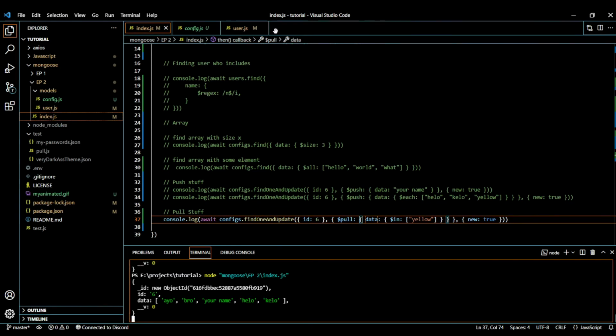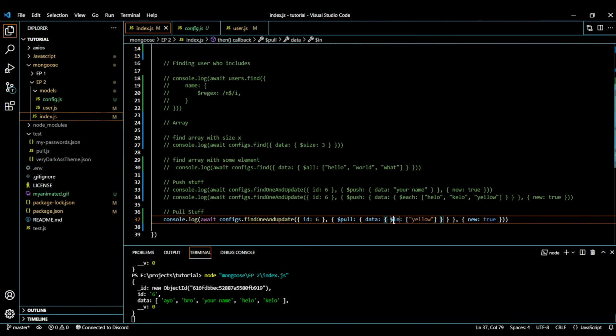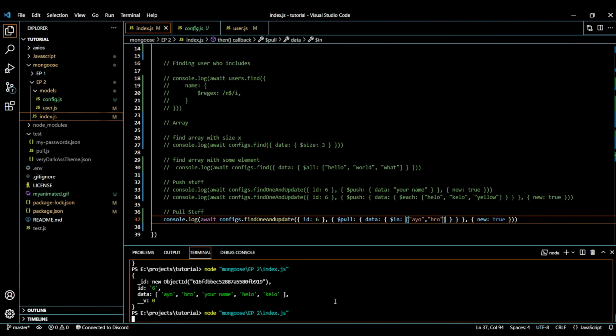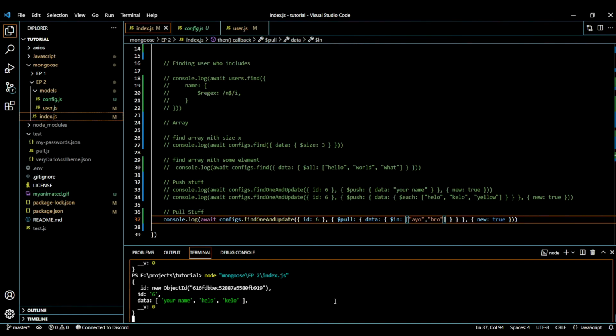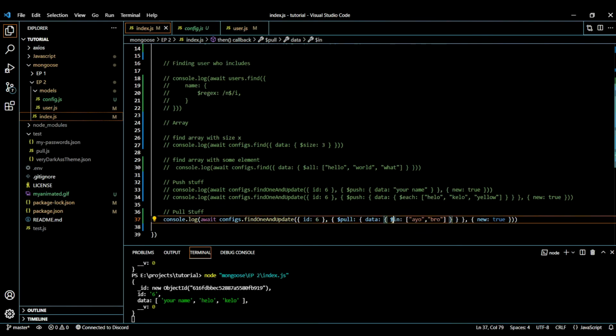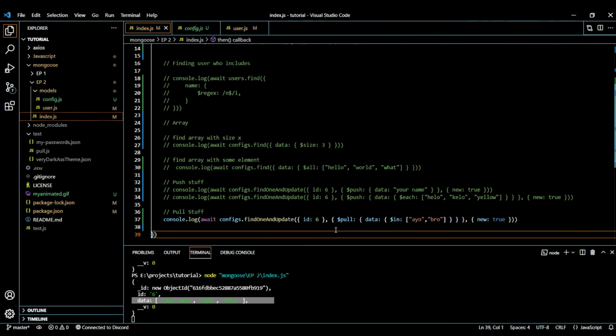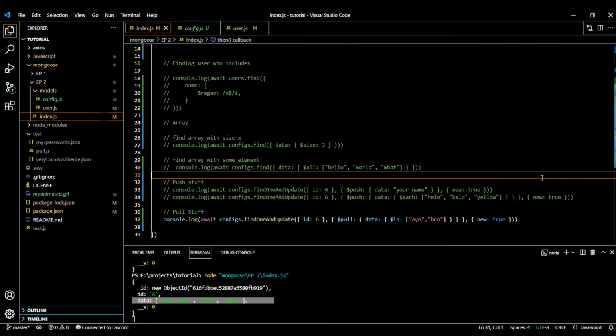So what we do is, if we use $in, then it just removes whatever you provide there, I guess. So if I provide this, it should remove all of that. Let's just check it out ourselves, because to be honest, I never used the $pull thing. All right, but you can see whatever you provide in this $in property, it will just remove that from the data.